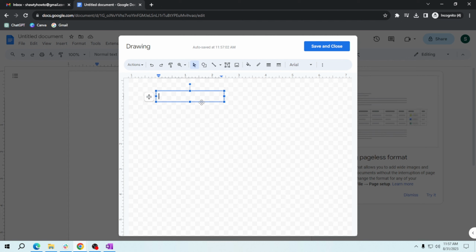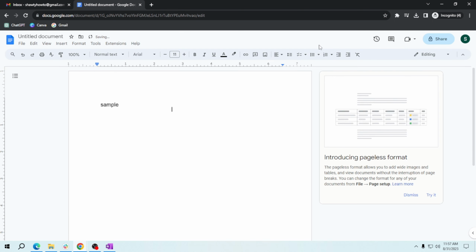And you can adjust the font size, the font, and alignment just like you do in your regular document. So for example, let's type sample and click save and close. So as you can see, it is already added to our Google document. And that's it. You now know how to effortlessly insert a text box in Google document to add a creative